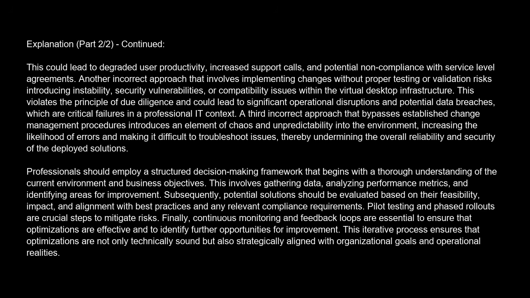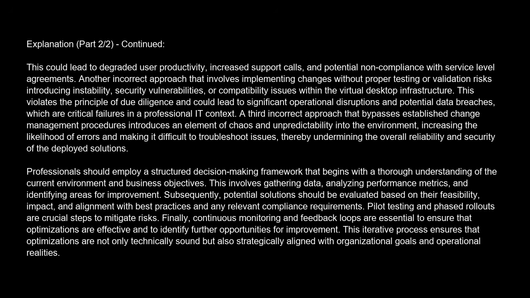This violates the principle of due diligence and could lead to significant operational disruptions and potential data breaches, which are critical failures in a professional IT context. A third incorrect approach that bypasses established change management procedures introduces an element of chaos and unpredictability into the environment, increasing the likelihood of errors and making it difficult to troubleshoot issues, thereby undermining the overall reliability and security of